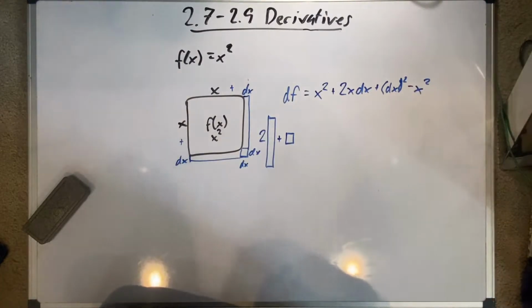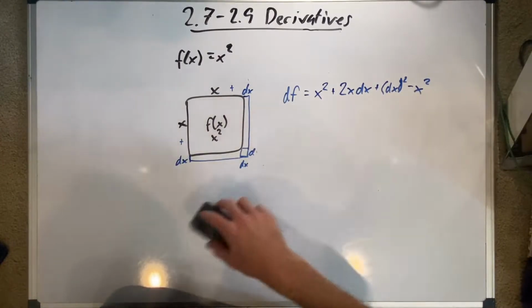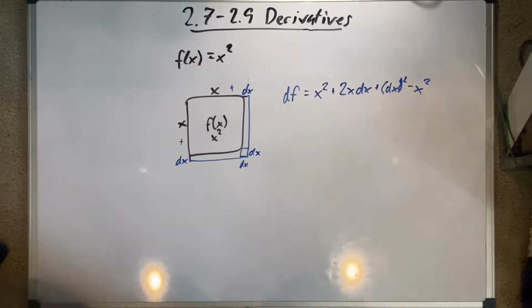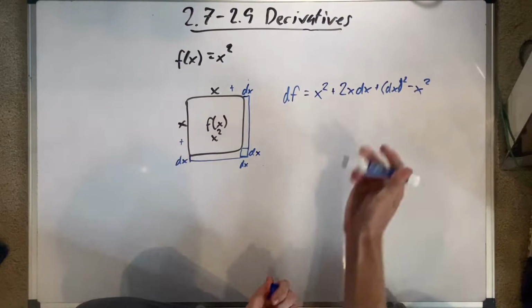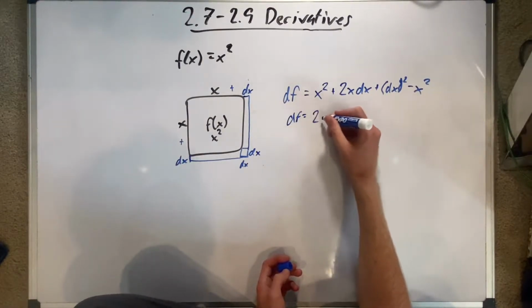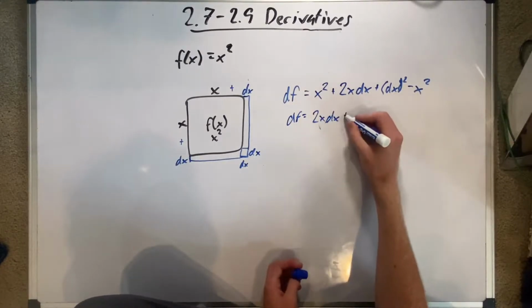Minus x squared. So now we're going to do a lot of canceling here. We're going to do a lot of little canceling steps. Our little canceling steps are going to involve this: x squared minus x squared is equal to 0. So we're going to have d of f is equal to just 2x times d of x plus d of